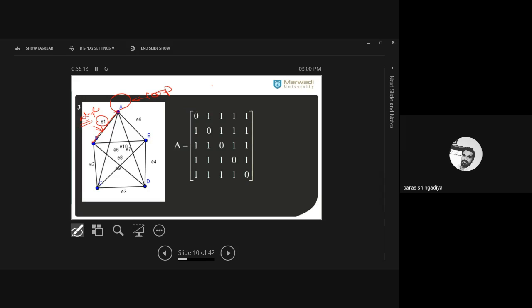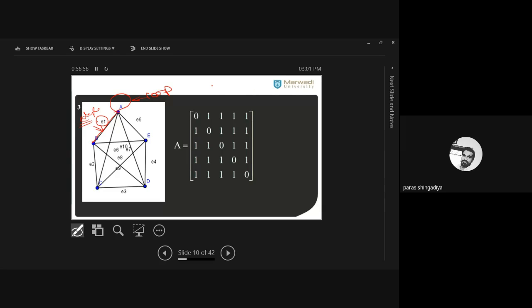Okay, so here you will get this answer. Clear? Why is it a complete graph? Because each and every vertex is connected to each other. There are 5 vertices in the graph. The first vertex is connected with the other four. The first vertex is connected with the rest of all, the second vertex is connected with the rest of 4, the third vertex is connected with the rest of 4. Okay, each and every vertex is connected to each other, except itself. There is no loop anywhere. So therefore the diagonal entries are 0. And everywhere else it is 1.